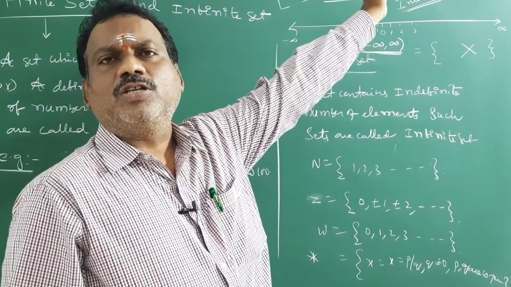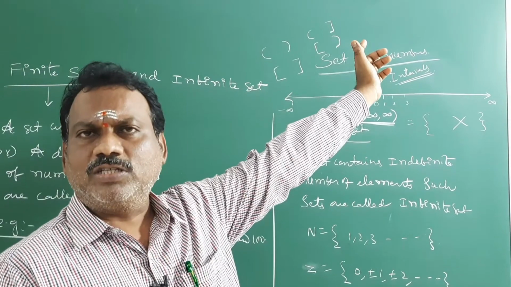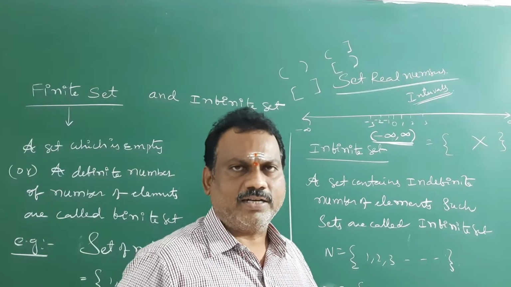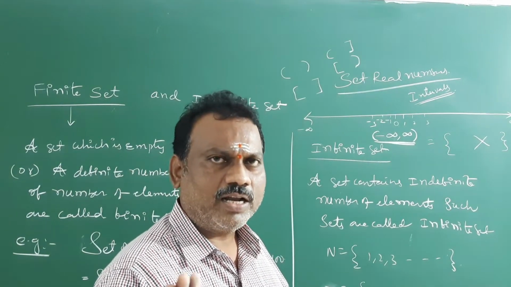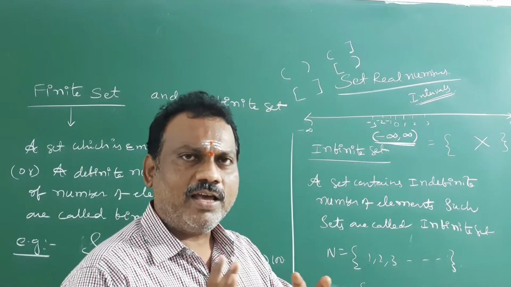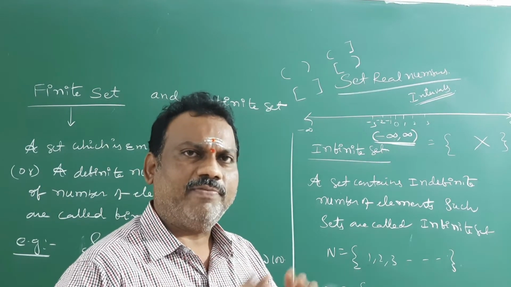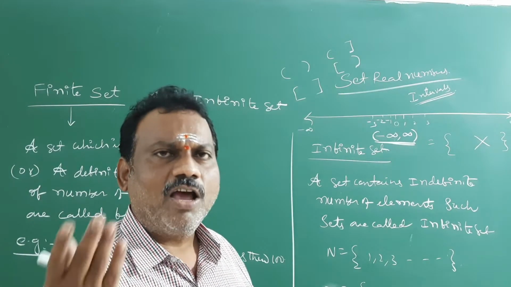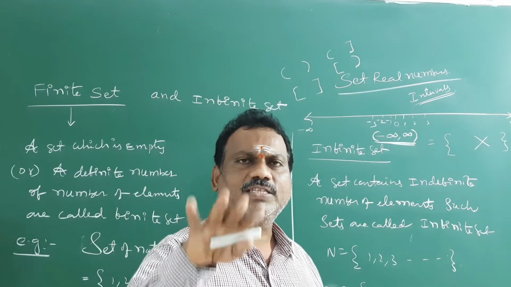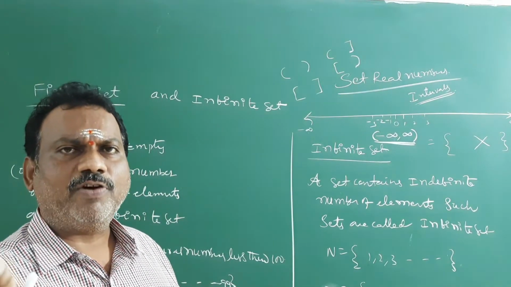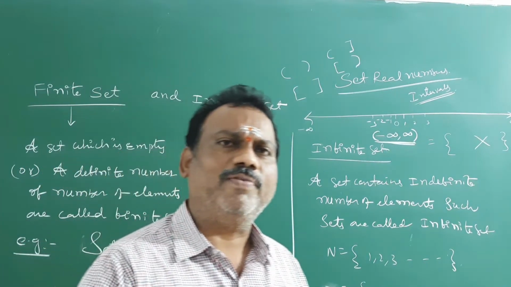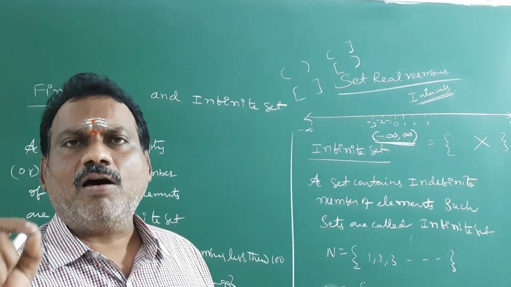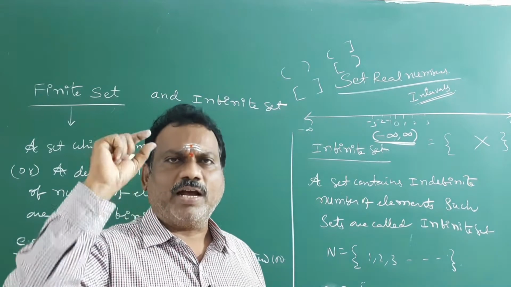What are intervals? Closed intervals, open intervals, semi-closed intervals. We will discuss that in this topic only a little bit, 2-3 classes later. Clear students? Understood? Right. So this covers the definitions of finite and infinite sets, the difference between those two, and how to represent finite sets and infinite sets. All infinite sets we cannot represent in the set bracket, because they do not follow a particular rule. That's why it is not possible to represent all infinite sets in the set bracket.